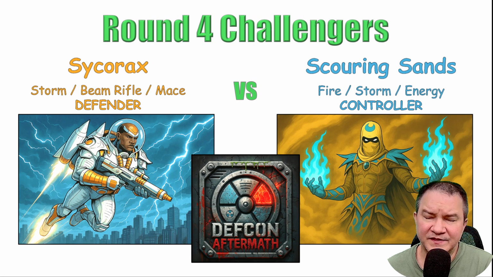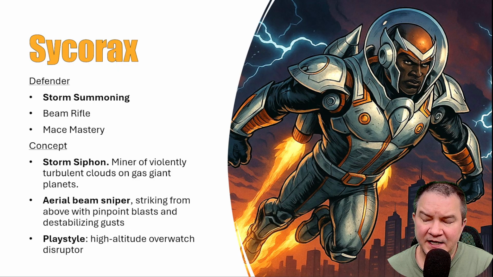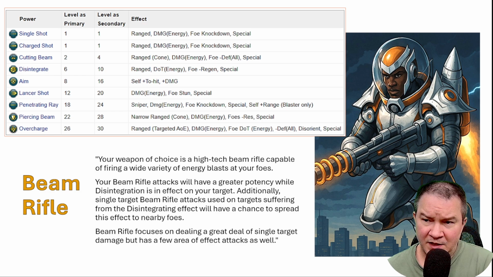And I've already talked about Scouring Sands, my Firestorm energy controller. This go around, we're going to be taking a look at Sycorax, Storm Beam Rifle Mace Defender. I already presented his concept as this Storm Siphon character that, I don't know, works on some sci-fi gas giant atmosphere harvesting operation, whatever. And I talked about beam rifle and what it brings to the table as far as the disintegration mechanic and how that is going to be transferred through the other shots, triggering all these little special